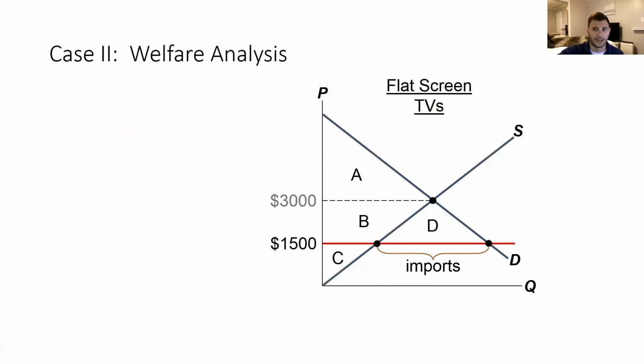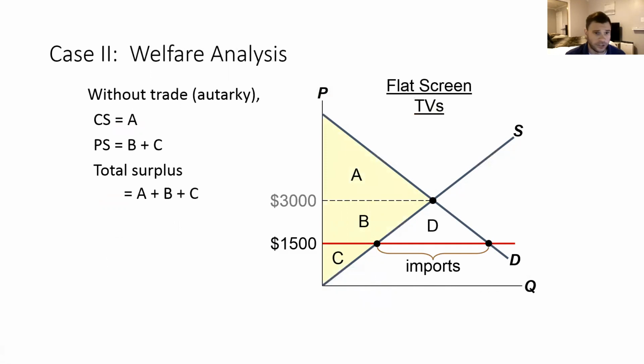First note that in the market equilibrium without any trade, the consumer surplus here is area A, and the producer surplus is represented by the areas B and C. So total surplus under autarky, we saw this before, is just our usual total surplus triangle ABC. However, once we move away from autarky and we open up to trade, the price that the consumers pay goes down. So if we're measuring the consumer surplus now relative to a price of 1,500 and relative to the consumers demanding those 600,000 units out here,